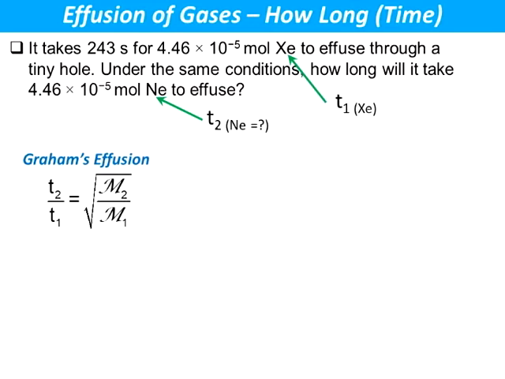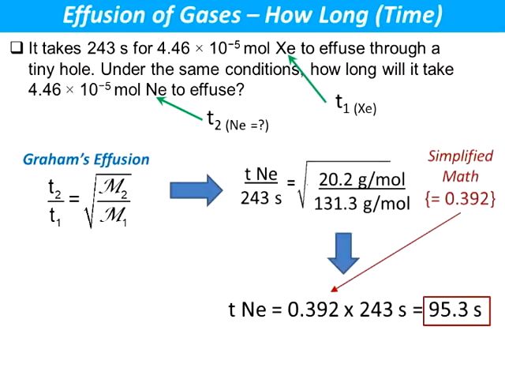Therefore, we use the T2 over T1 form of Graham's law equals square root of molar mass 2 over molar mass 1. We plug in the values and we leave T neon as our unknown. Again, my habit is to use T1 as a standard. So we have the standard on the bottom of 243 seconds equals square root of the known molar mass for neon at 20.2 gram per mole divided by the known molar mass for xenon at